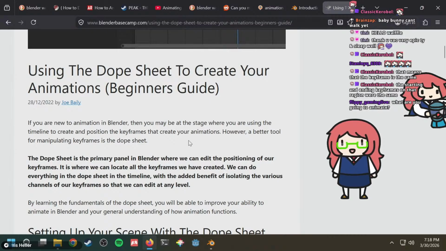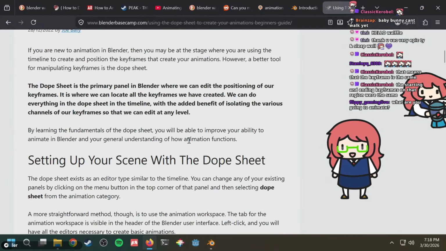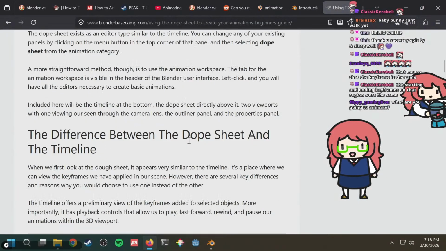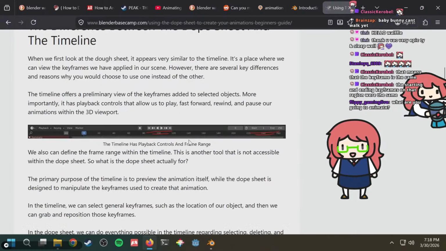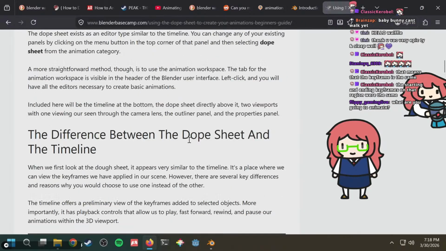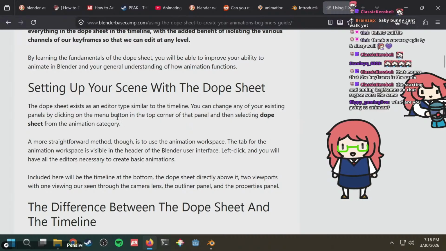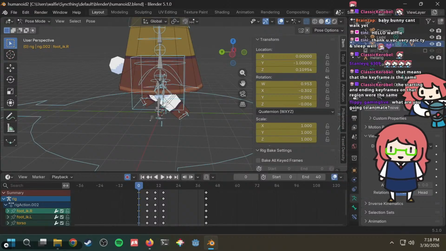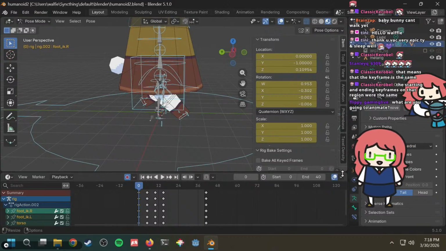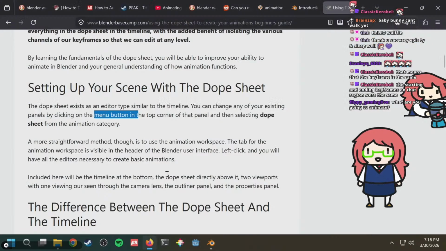It's the primary panel in Blender where we edit positioning. Set up your scene. Change any existing panels by clicking the menu button in the top corner and selecting dope sheet from the animation category. Is it this? Wait, this is the dope sheet. Is this the dope sheet?